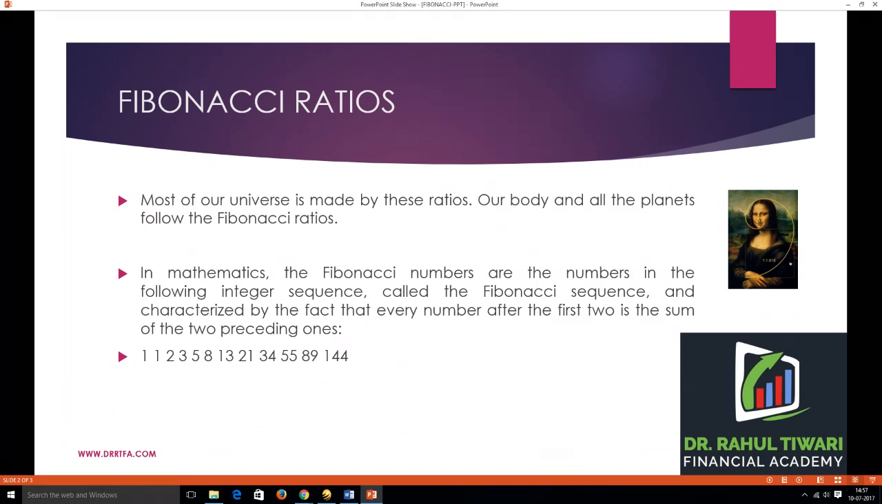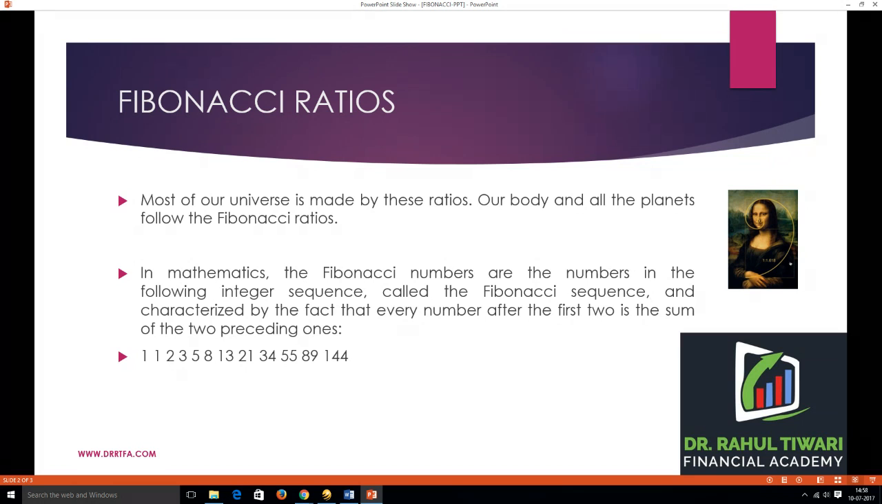Fibonacci ratios are actually a very important tool in the arsenal of any trader or investor. Let's see some more about them. Most of our universe is actually made by these ratios. Our body, our face, and all the planets follow the Fibonacci ratios. You see, the painting of the Mona Lisa, from its face to her body, is also following